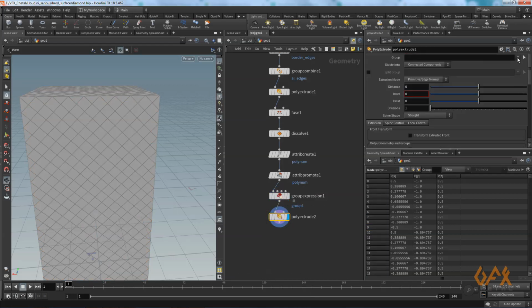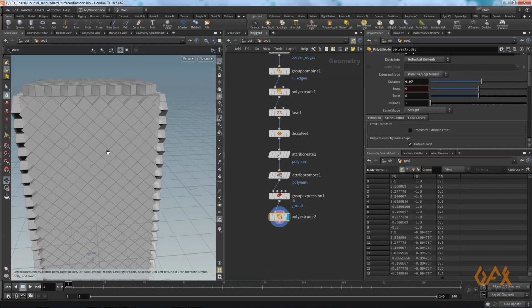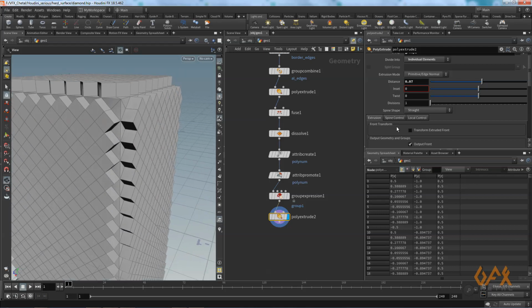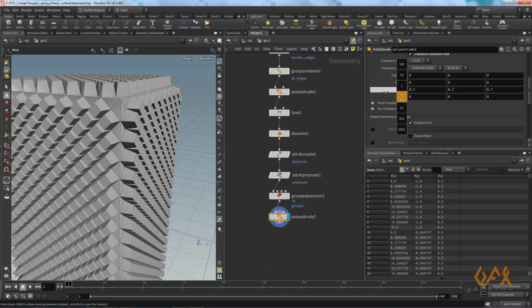Here I define that group 1. Over here individual element, here I set it to 0.07, and now you see, and in front transform I select it and set the scale to maybe 0.6.